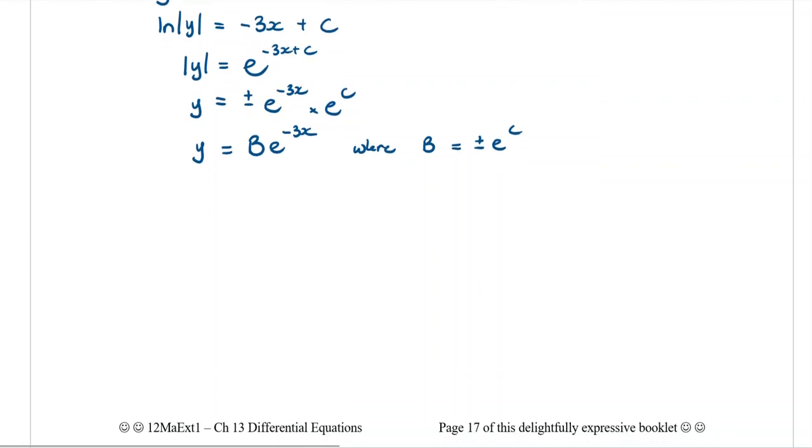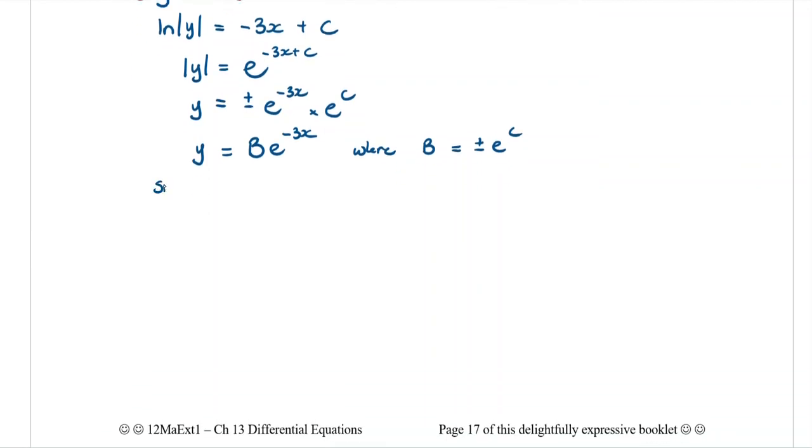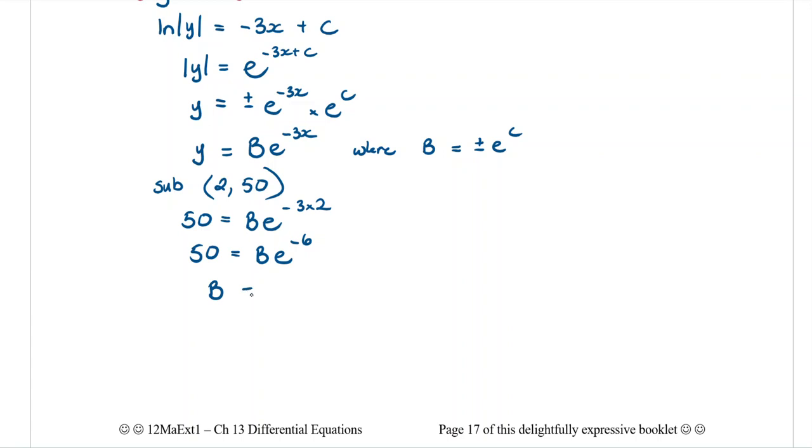Okay, now that we've got our basic equation, we can now sub in the point that we were given, which was that when x is equal to 2, y is equal to 50. So into my equation, that means 50 equals b e to the negative 3 times 2. Okay, I'm going to leave this exact. Don't go to decimals here. So that's going to be 50 equals b e to the negative 6,